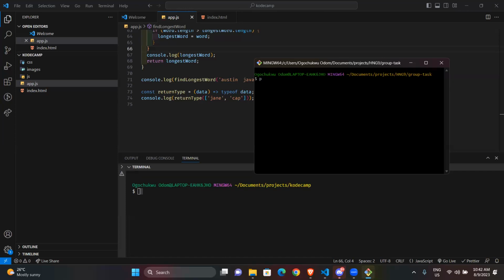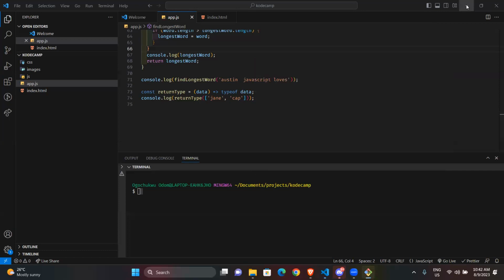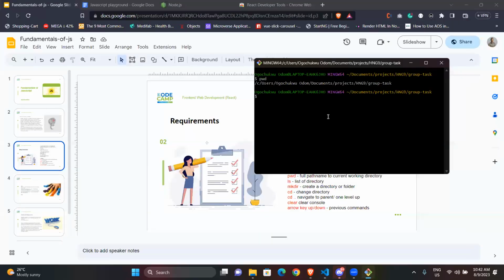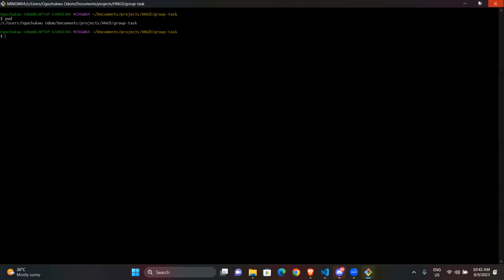So I'm just going to do a PWD. PWD is how you get to know your present working directory. So I'm just going to use this too, since it's the same thing.